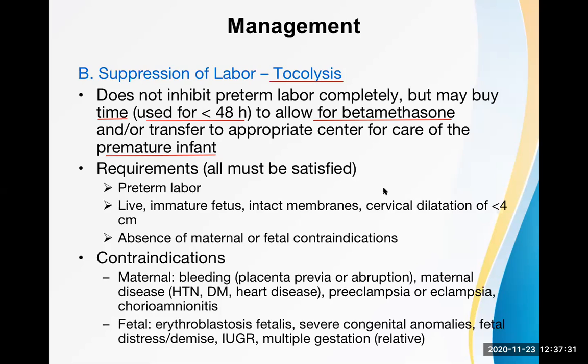What is betamethasone? What type of drug is this? It is a corticosteroid, sir. It is a steroid drug. Moderate active corticosteroid. Good. This is corticosteroid. Actually, it's a long-acting, okay? Betamethasone and dexamethasone. These are the long-acting corticosteroid. And why we give it? This is the important point you need to remember here. This is given for the fetal lung maturity.